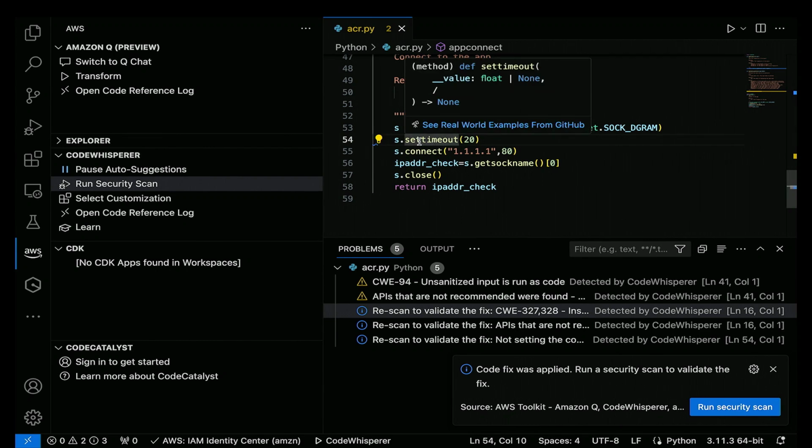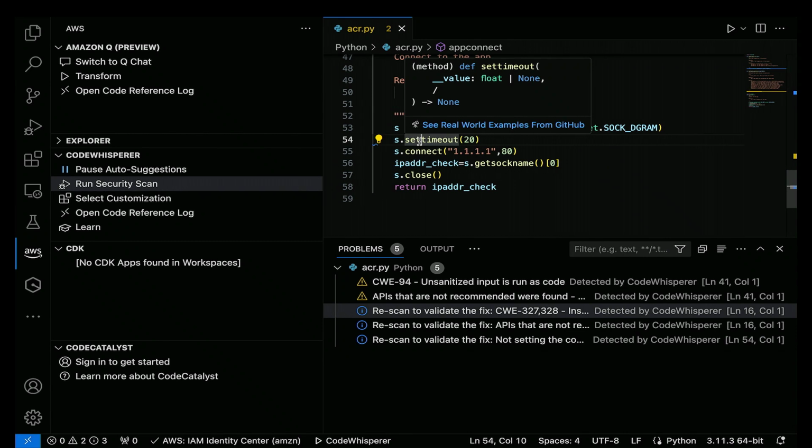OK? So the idea here is not only are we going to have the AI do the work for you and save you the time that it would have taken you to figure out what that problem was and fix it, but also giving you the information so that you're learning as you go and becoming a better developer. AI tools like CodeWhisperer and Q can serve to help you be faster, but they can also serve to help you be better. You can learn a lot about what you're doing and how you're doing it.